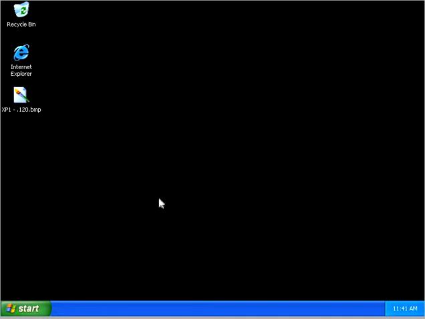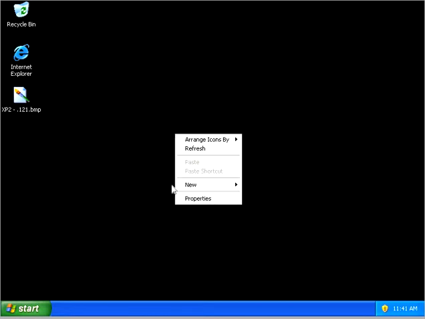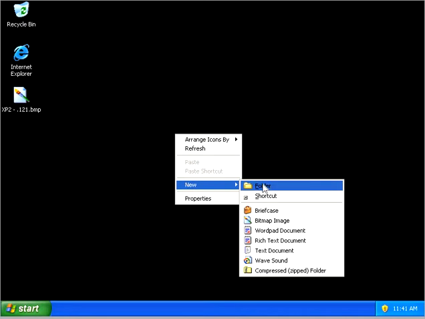Alright, in this next video demonstration, I'm going to talk about how to set up a tunnel mode IPSec communication between two XP machines. I have one XP machine called XP1, it's .120. I have another XP machine right here, it's XP2, .121. What I'm going to do is set up a shared folder on my 121 XP machine, and